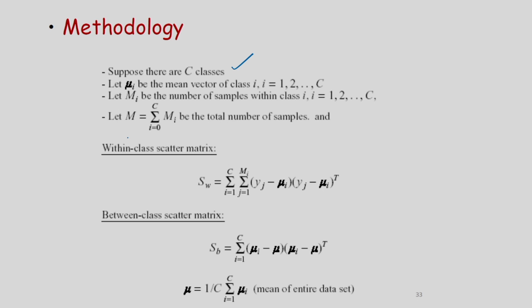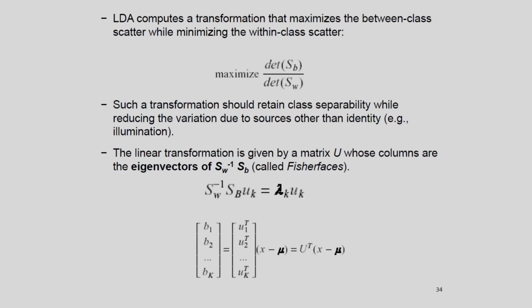And I have already explained, I can determine the within class scatter matrix, and also the between class scatter matrix from the input samples. After this I am considering the criterion function. So what is the condition? I have to maximize the between class scatter, but I have to minimize the within class scatter. That is the condition, because I have to find the best projection direction. So for this, I have to maximize the between class scatter, and also minimize the within class scatter.